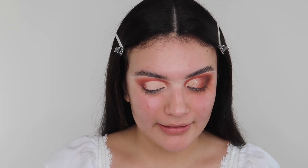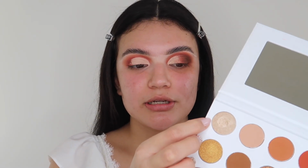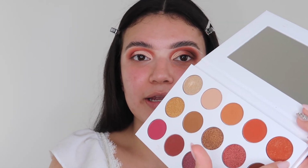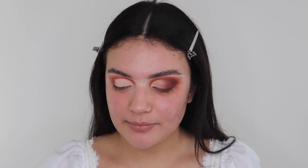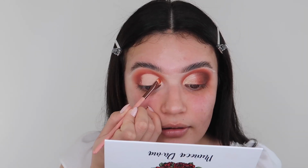I already set my eyelid and I am going to apply two shimmery colors from the palette. I am going to apply this one first, which is this new shimmery right here, and halfway through the middle towards the end I am going to be applying this orange one right here, which does have a couple gold shimmers. I'm going to be using any flat concealer brush, and before I do that step, I'm going to